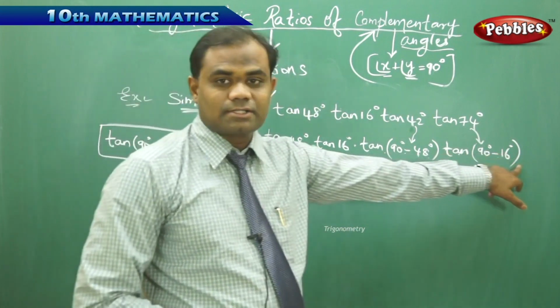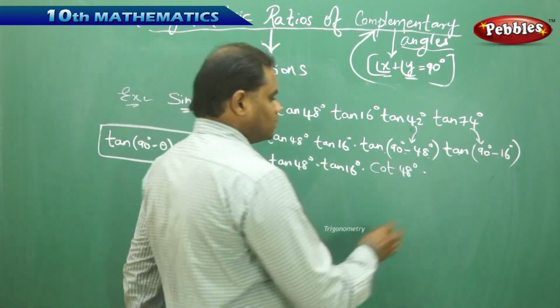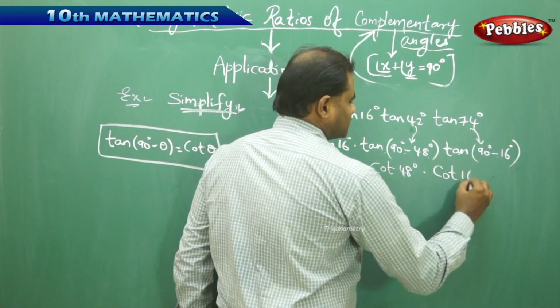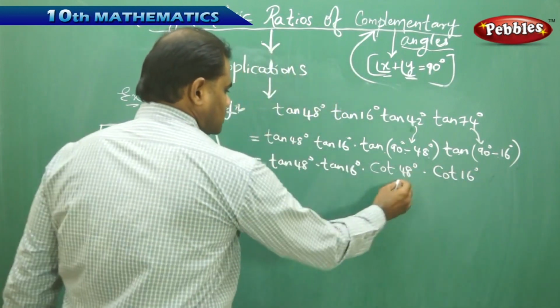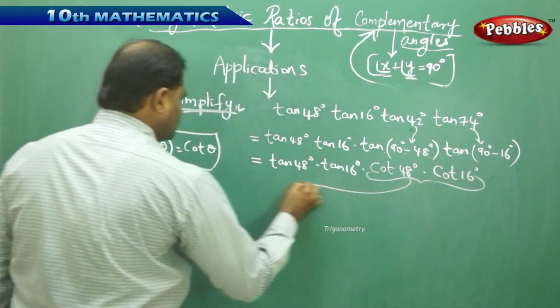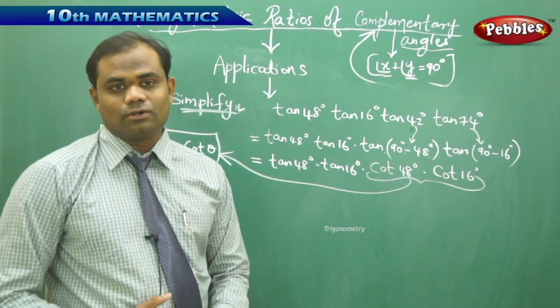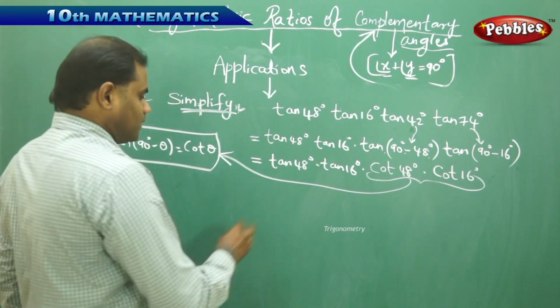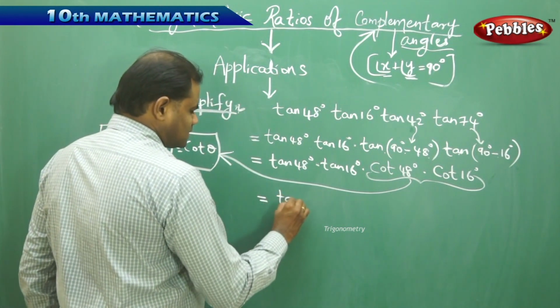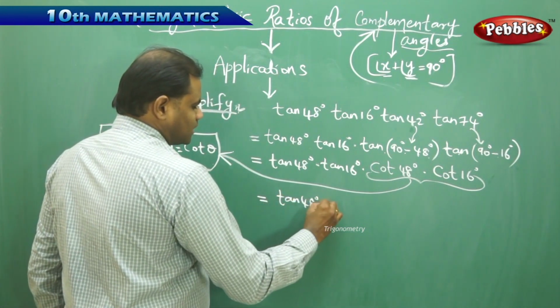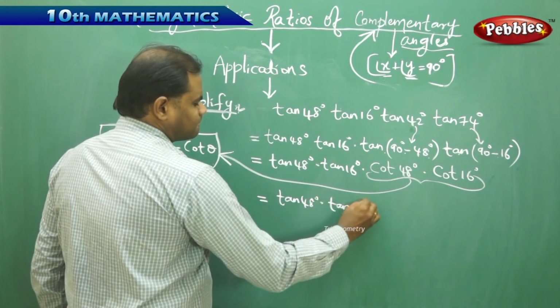Similarly, tan(90 minus 16) using this formula would give me cot 16 degrees. This is strictly because of the formula which I have here: tan(90 minus theta) is cot theta. Simplifying this further, I have this as tan 48 times tan 16 times